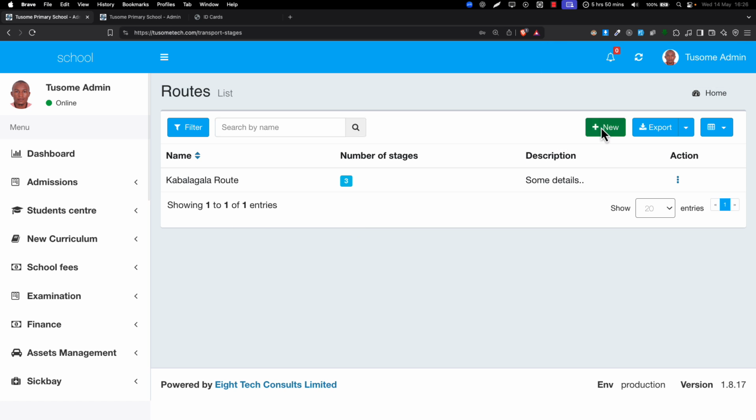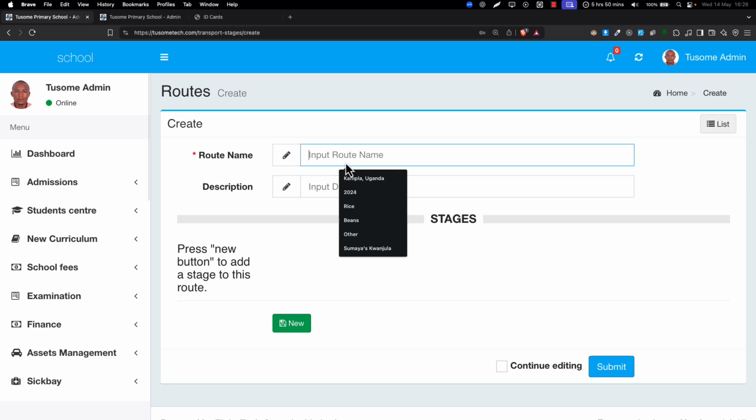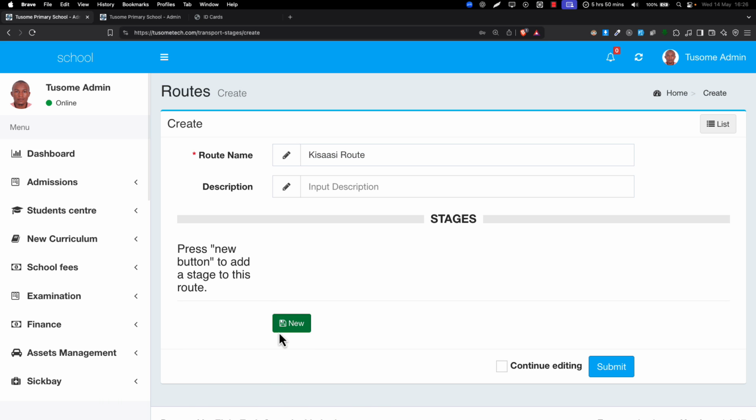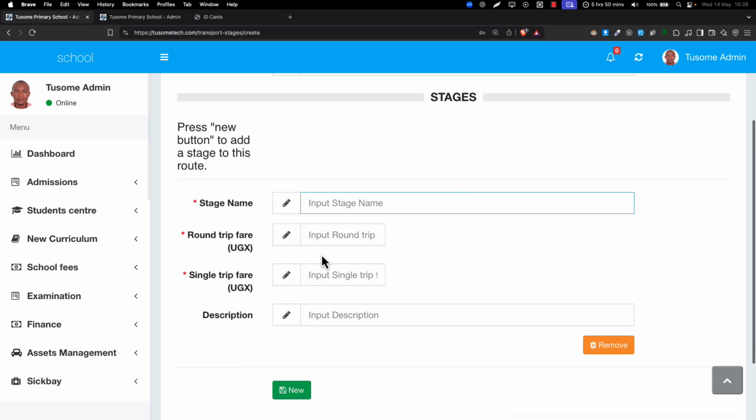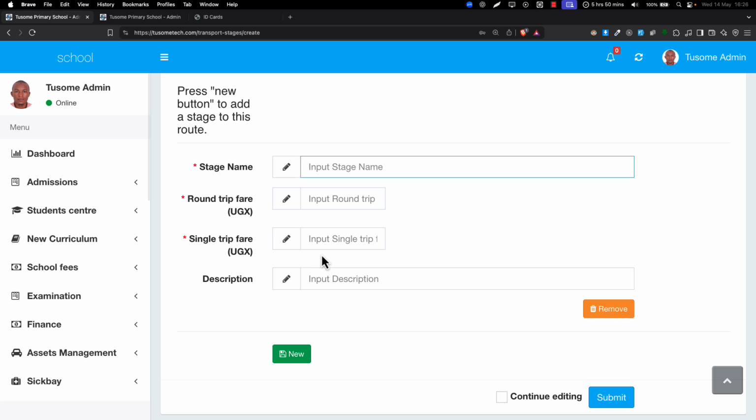I can add another route by just simply clicking here. I go ahead and enter the route name. Maybe you can say Ntinda route, or you can say Kisasi route. And then on this route you can add there a stage. Which stage can we put? You can put maybe Ntinda stage,